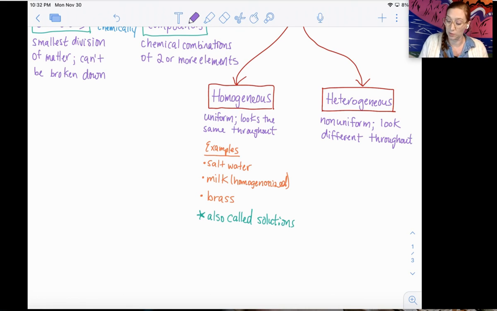Again, I'm going to give you some examples that are going to be helpful. So let's start with sand and water. Since we started with salt and water, let's go with beach themes for our first example. Sand and water,